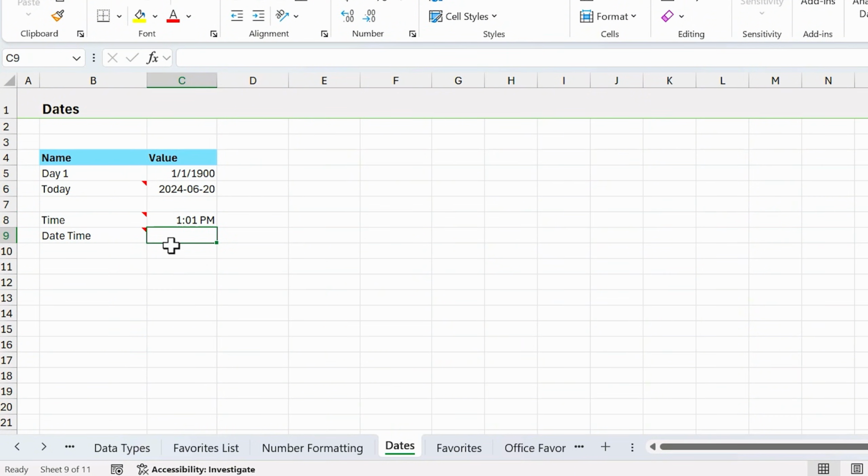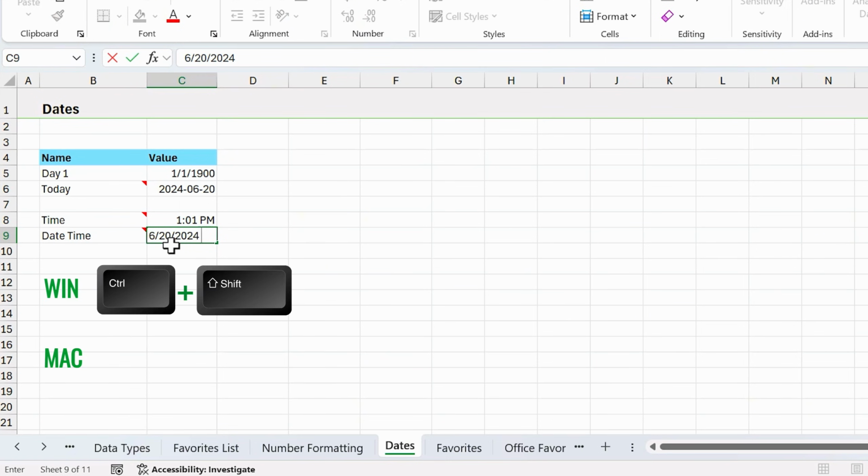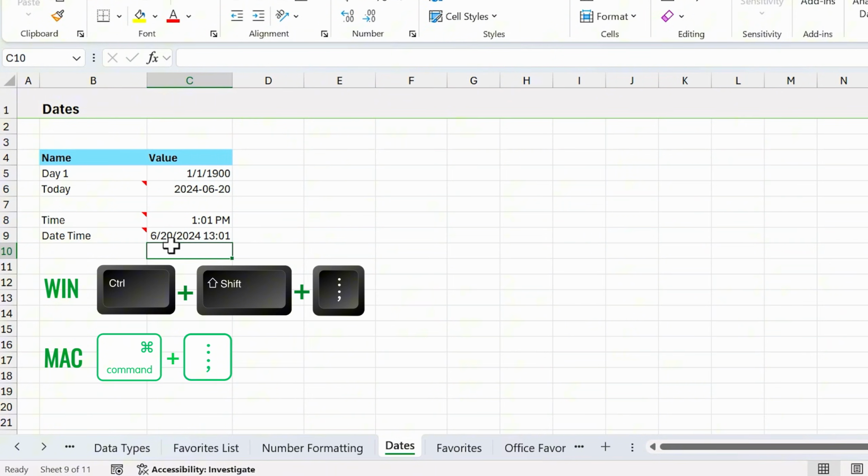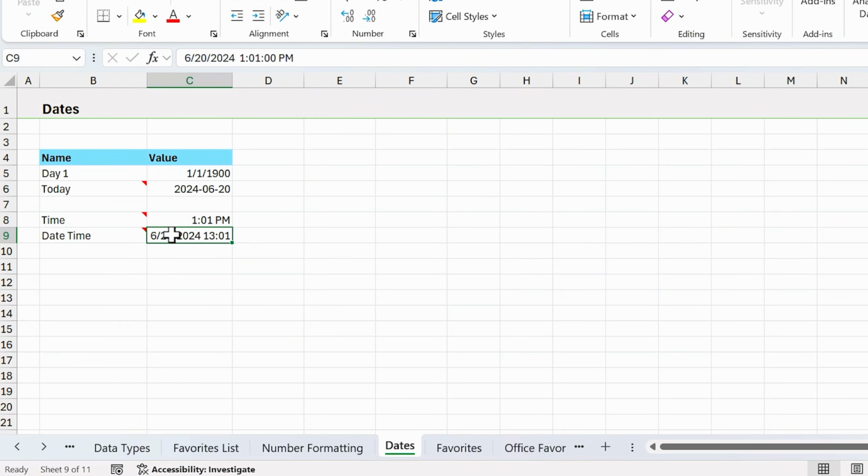And then if you want to do the date and the time, I'm going to use Control semicolon. I'm going to type a space, and then since I'm on Windows, it'll be Control-Shift semicolon. Again, if you're on the Mac, Command semicolon there, hit Enter, and that will input the date and time into